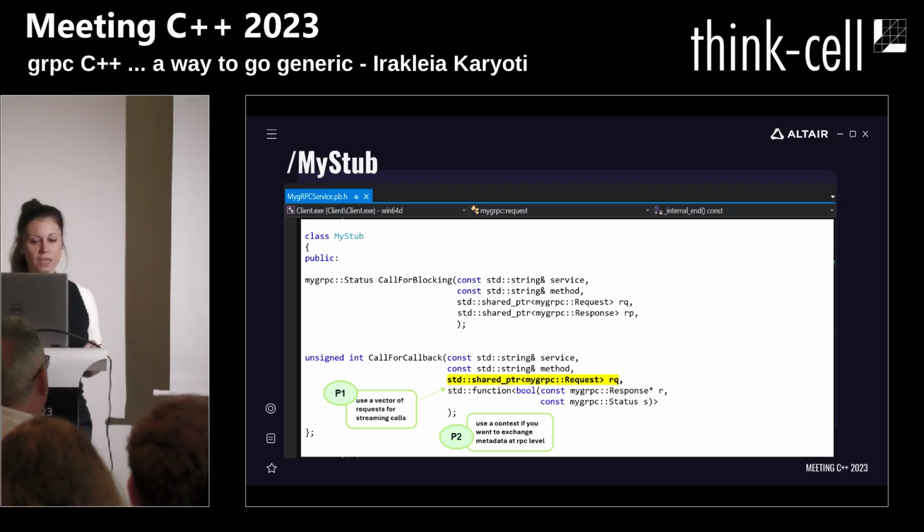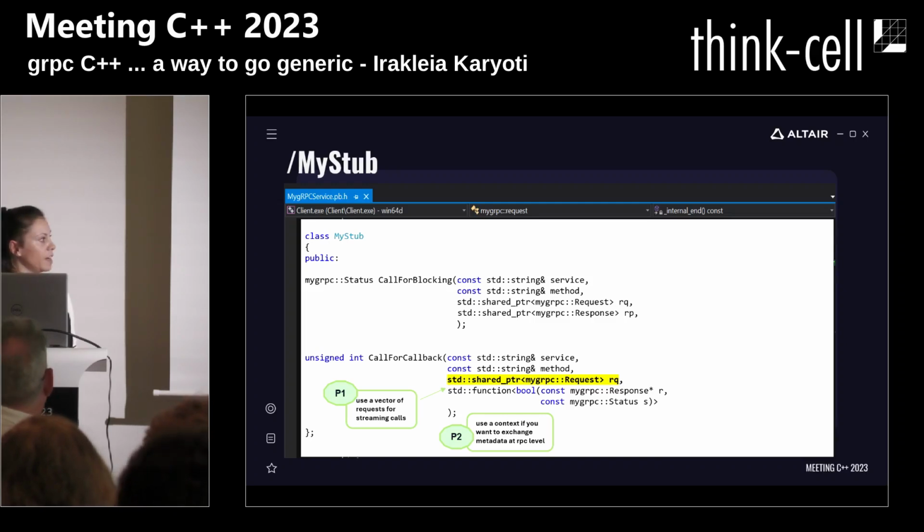So there are 2 points here. In case we need to somehow simulate a streaming process, we may also use an API using a vector or some list of requests for the streaming calls. You can see that the context is missing here. This is because we define everything at a higher level and internally, but if you would like to exchange metadata per RPC, then okay, of course, we will add a context